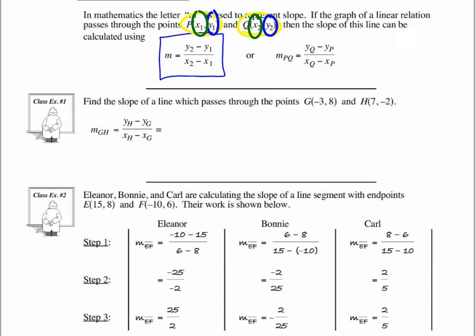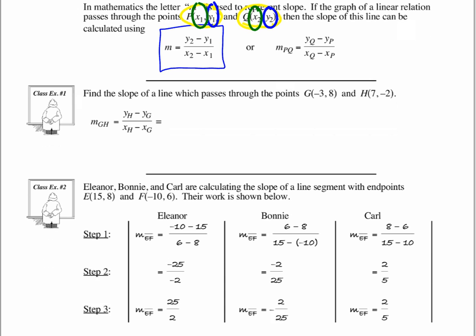So for example, if we have this point here, I like to label my points right away: x1, y1, and x2, y2. I see in the example they label them h and g. You can do that as well if you prefer. I like to just go x1, y1, x2, y2, so point 1, point 2, because that matches your formula sheet. And so when we want the rise, we want the difference of the y values. So I want y2 minus y1, negative 2 minus 8, divided by, and now we want the run,